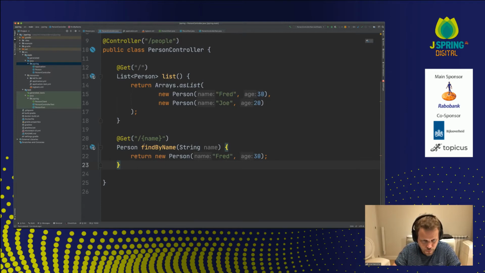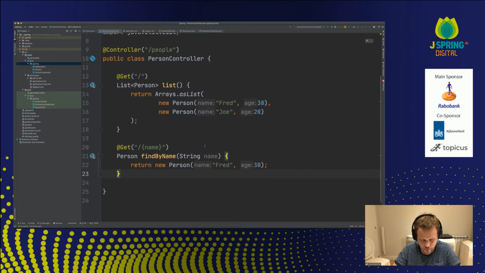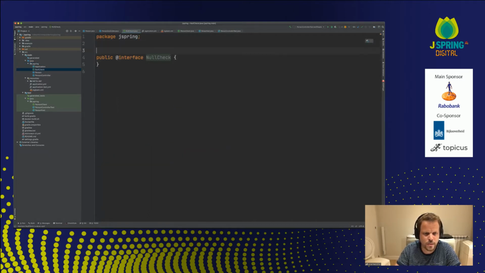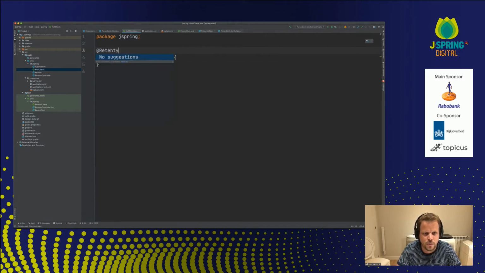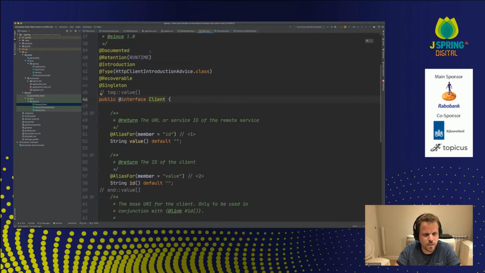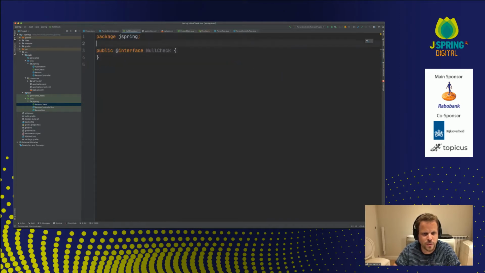But what I want to do is write some checking for this argument. This is obviously a very fabricated AOP advice. So how would I do that? Say I created a new annotation called null check, and this is going to be retention policy. Retention. Can anybody ever remember the names of these things? Let's just copy something over here. Copying and pasting code. There we go.